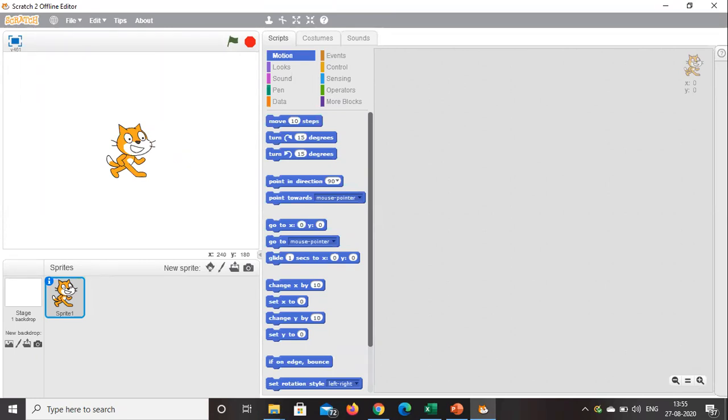Okay. This entire window is the Scratch editor window. Okay. Here you have the coded blocks: motion, looks, sound, pen, data, events, control, sensing, operators and more blocks. Okay children. And the side one is what is called the script area.